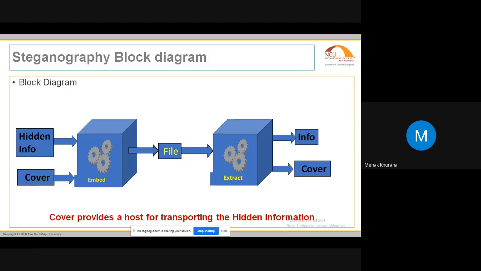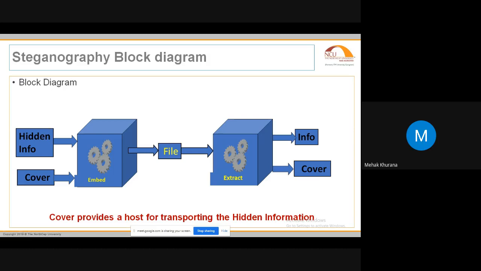The message that we have to send is the hidden message, and it has a cover, like an envelope, inside which I am going to hide the data. I am going to apply an algorithm which embeds both the cover and the hidden message into each other, so that nobody is able to recognize it. This forms a single file, and at the destination, when the message is received, we apply a reverse algorithm, or the extraction algorithm, with the help of which the hidden message and the cover message are revealed. I don't need the cover at the receiver side, I just need the information. I'll use the information and be able to see exactly what secret message has been sent.